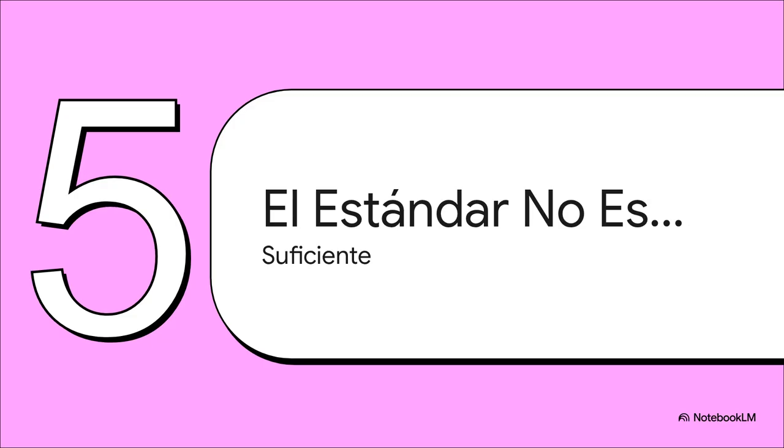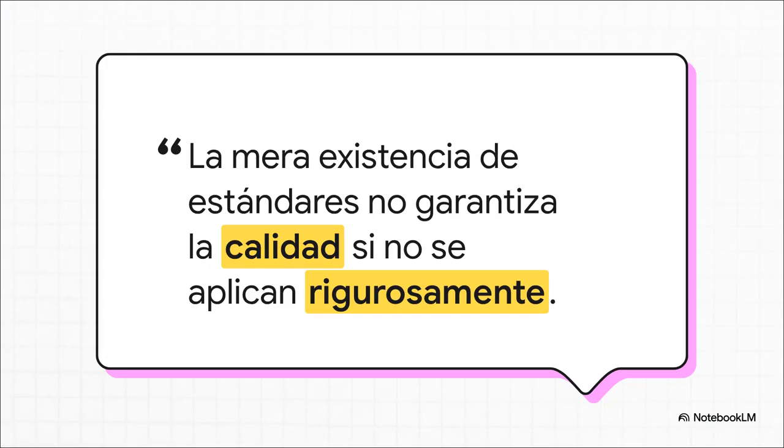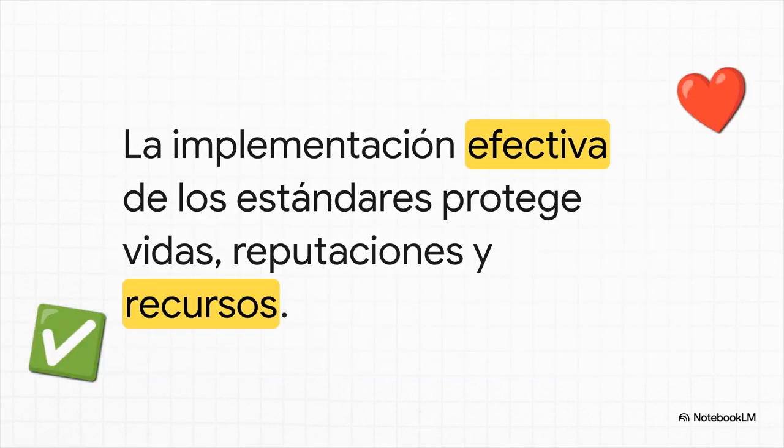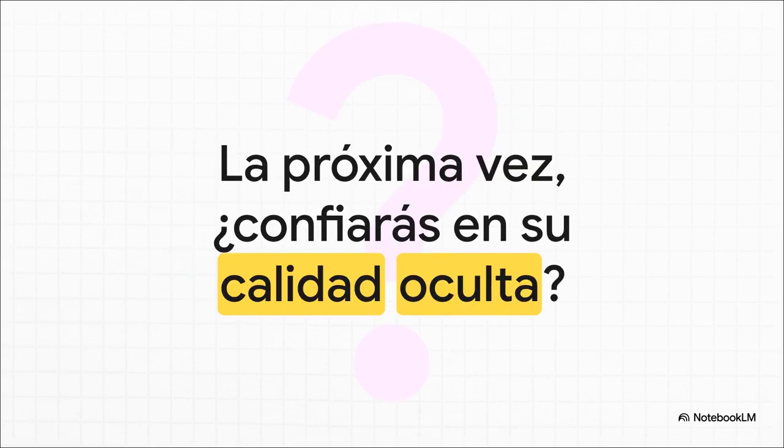And this brings us to the most important conclusion of this entire explainer. So here's the crucial point. Having a rulebook is completely useless if no one reads it or if they just decide to skip chapters. The mere existence of standards like ISO and IEEE doesn't guarantee quality. Quality only comes from applying them rigorously, without compromise. Because when they are applied correctly, these standards do exactly what they're supposed to do. They protect lives, like we saw with Therac-25 and Boeing. They protect reputations and resources, like with Nest and HSBC. Quality isn't a luxury feature. It's an absolute necessity.